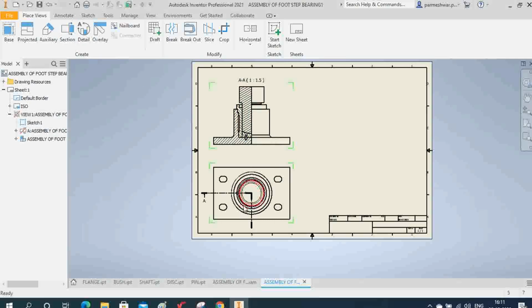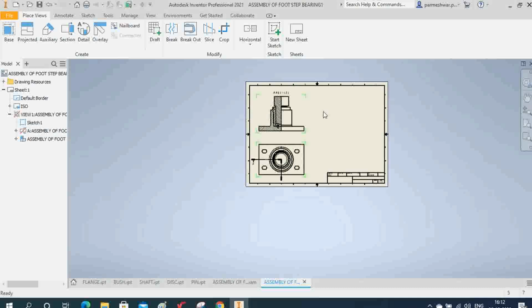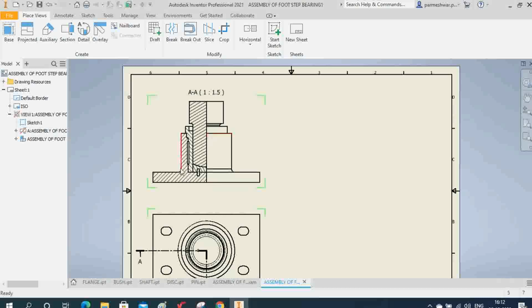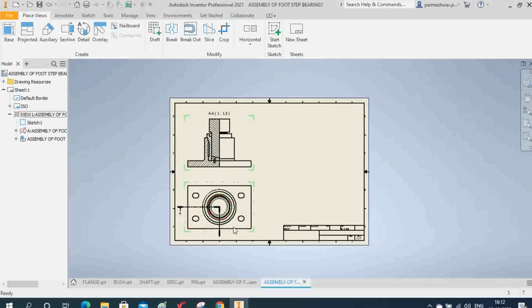How we have cut that object? Likewise we have cut this object. So this part we have removed, and when you see this object in this direction, you can see the object is like this. You can see the assembly is like this, right. So in this way you can make the assembly drawing, right. So this is the sectional front view, and this one is the sectional top view.